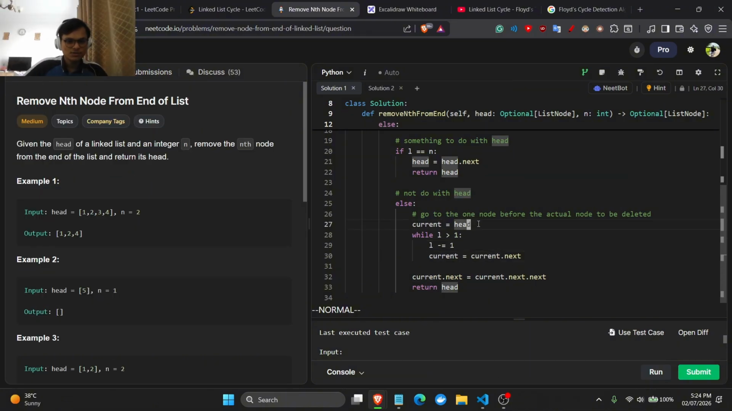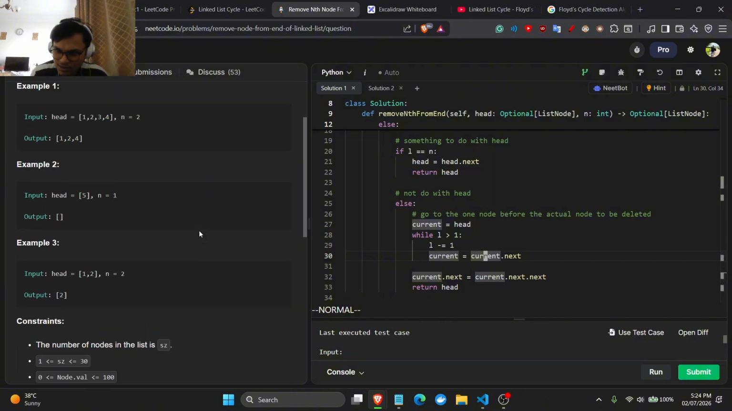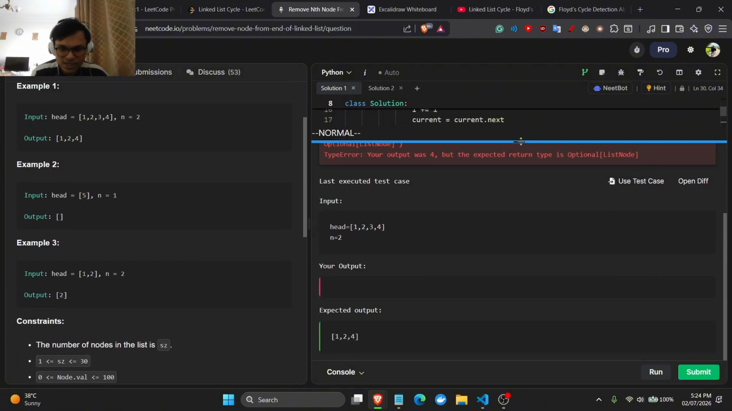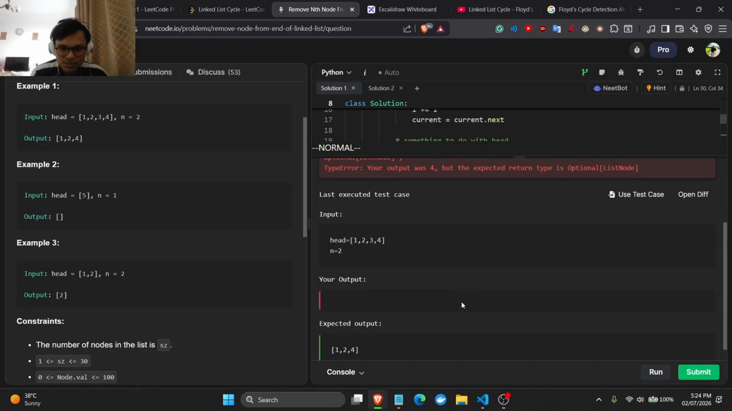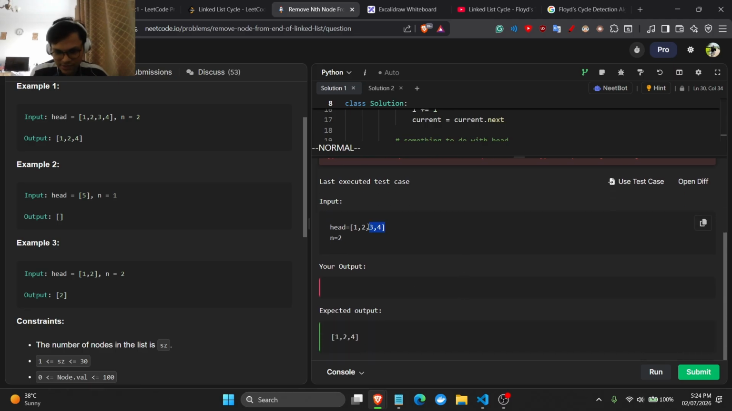Okay, so I don't know what's wrong over here. Current is equal to head, and while L is greater than 1, we do L minus 1, and we do current is equal to current dot next. But what's the mistake? This seems quite buffoony, chat. To be honest with you, you want to delete 3, cool. We do 4. 4 minus 2 is 2. So we go